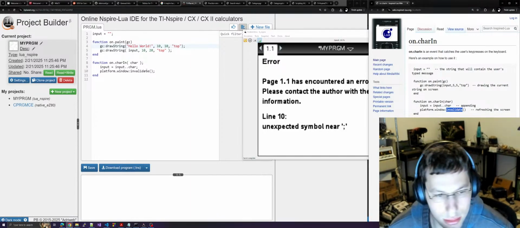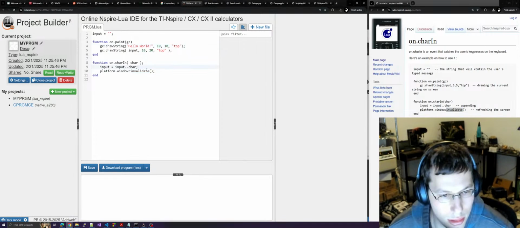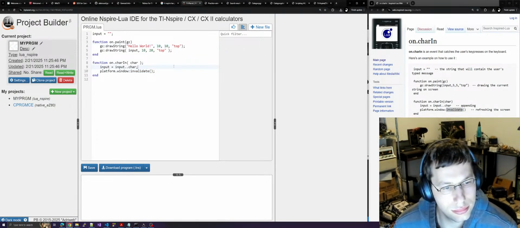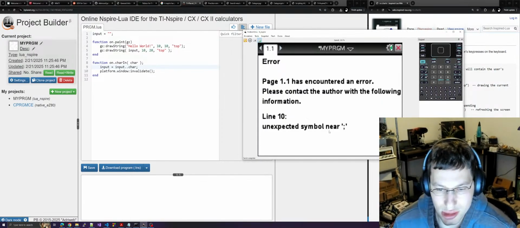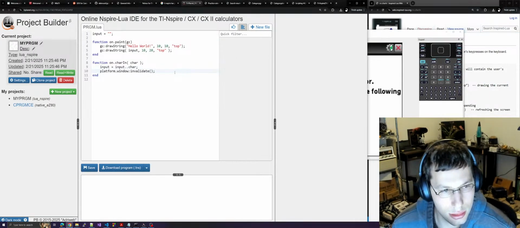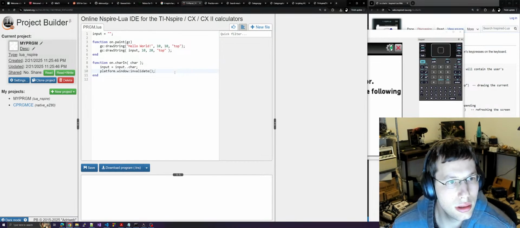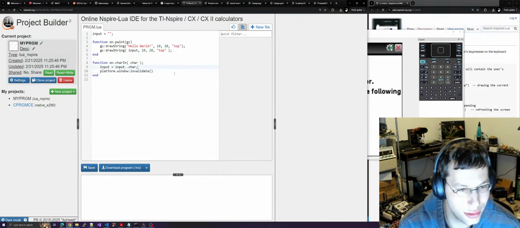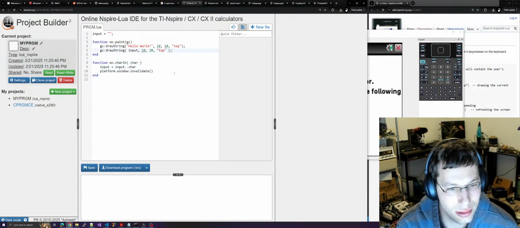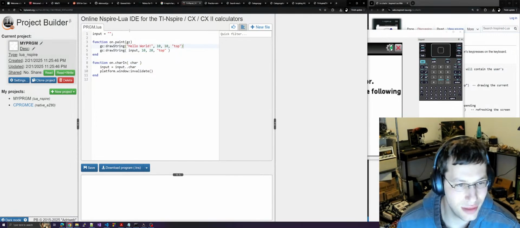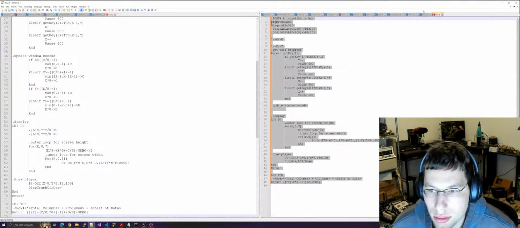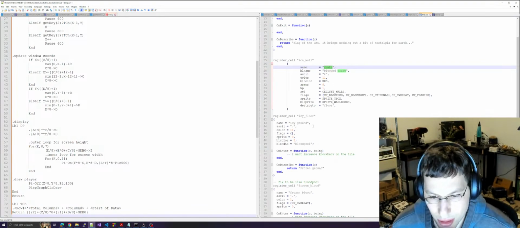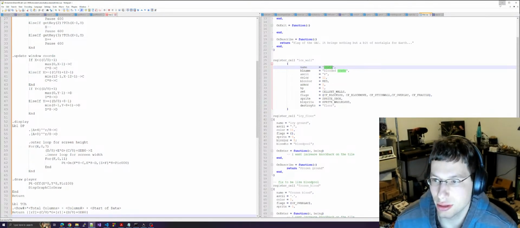What is going on? Why did I get unexpected symbol near? Wait, they don't work? They do work? They don't work? You're giving me mixed messages, my guy. Yeah, there's semicolons here. No, there's no semicolons there. I was just looking at my,